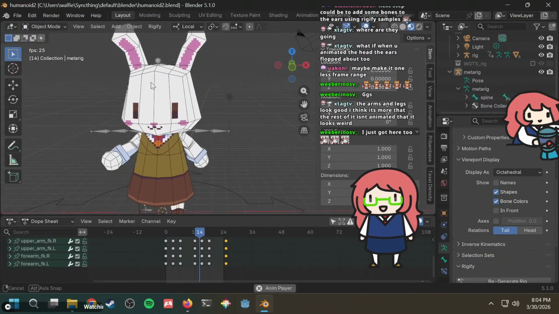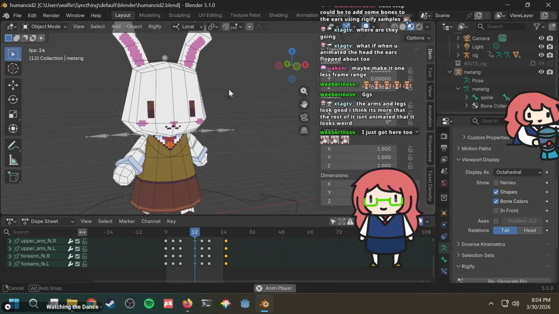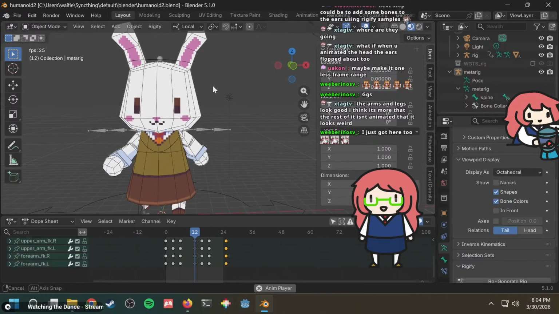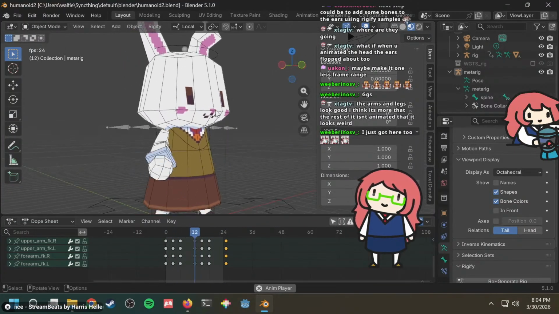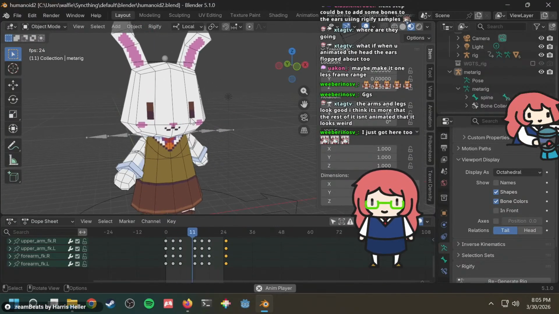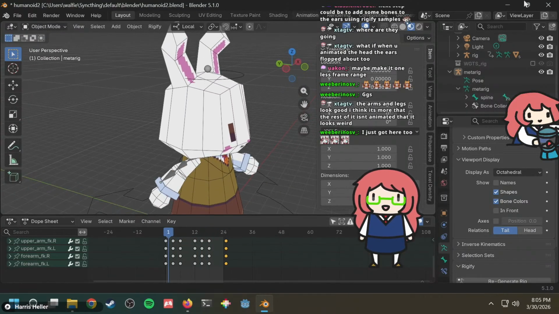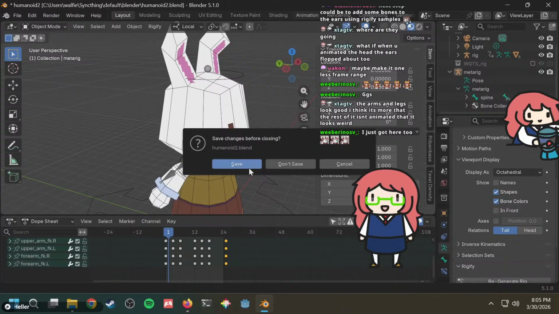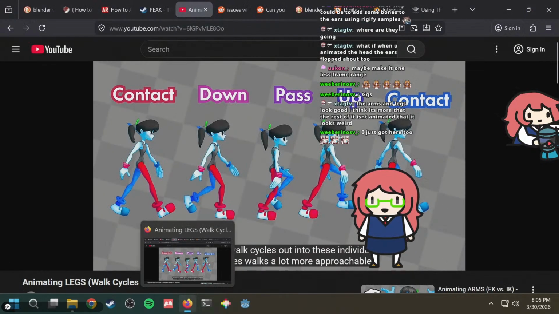The head needs a slight rotation. The entire body's moving up and down, but maybe the head also needs to move up and down slightly more. And then obviously the ears need some movement. Anyway, save changes. Sure. I literally just saved, but let's just confirm.